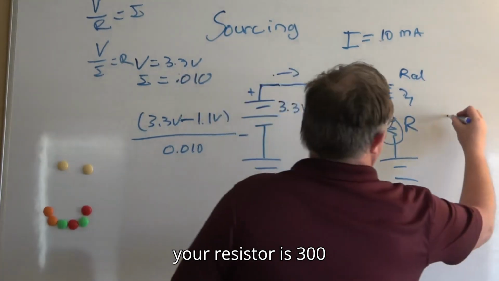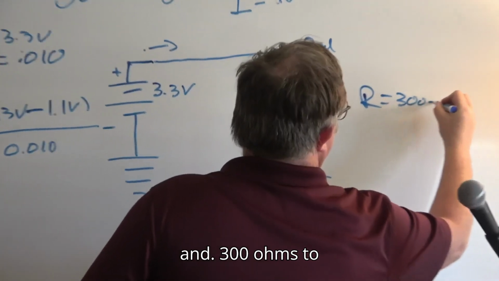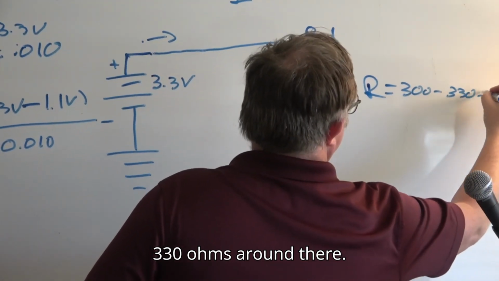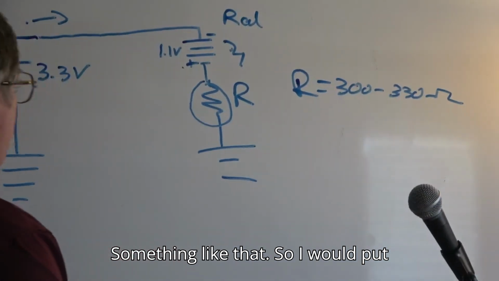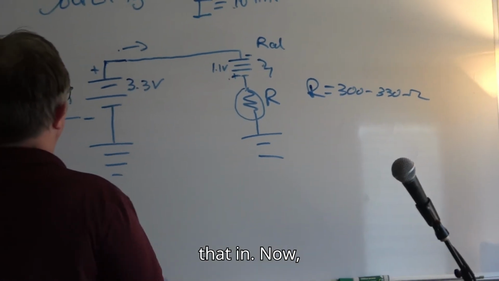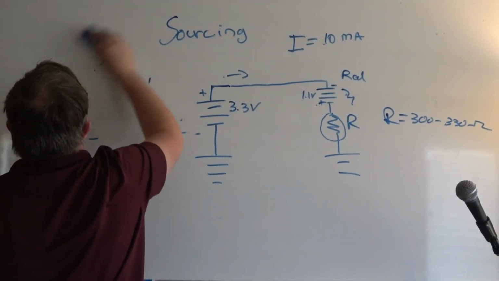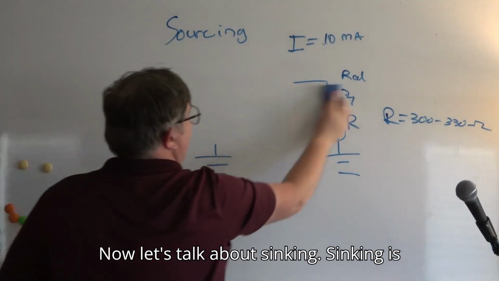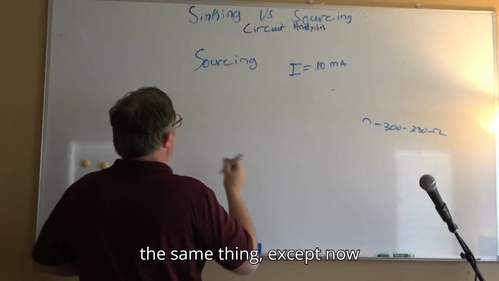So your resistor is 300 ohms to 330 ohms, around there. Something like that. So I would put that in. Now, we talked about sourcing. Now let's talk about sinking. Sinking is the same thing, except now